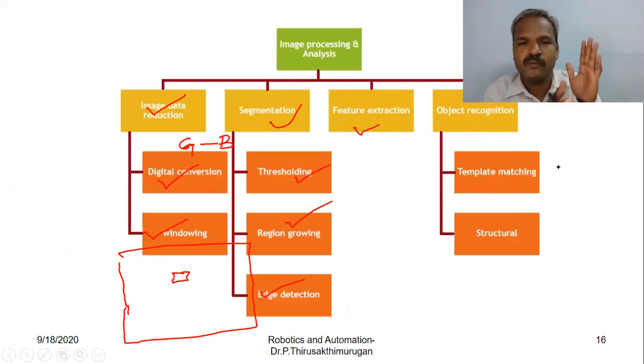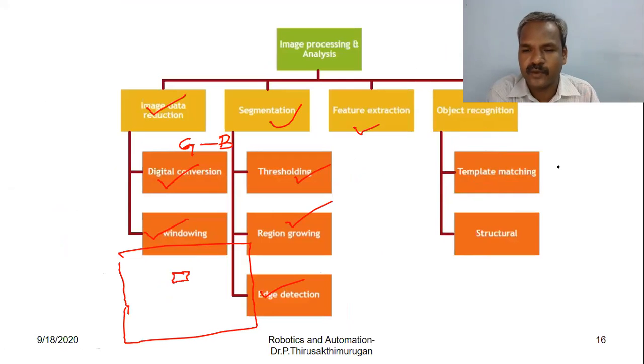Template is one model image stored in the programmed system that has to be compared. That is called template matching. For a particular bolt or nut in the industry, the robot handling that device, the image is stored as a model image that acts as a template. So that is the technique in object recognition.